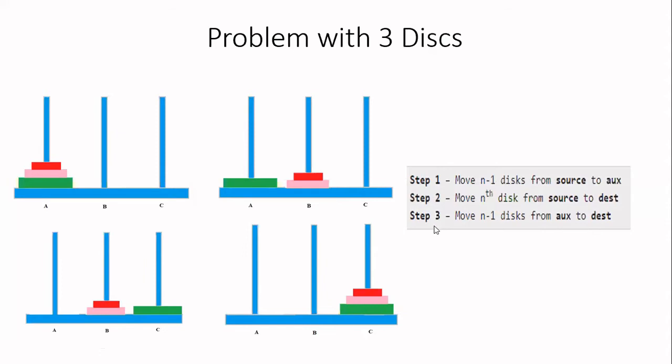And what about step number 3? Move n minus 1 disk from auxiliary to destination. Again, n minus 1 disks are there. So it is not a normal move. It is a recursive case. Okay. So out of the 3 steps, the first step and third step are recursive calls, whereas step number 2 is not recursive. It is going to move simply 1 disk at a time. Now, this is the case of the Tower of Hanoi problem.